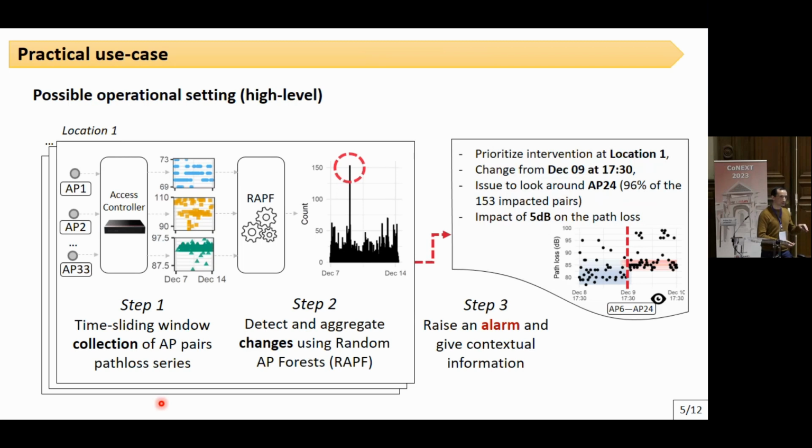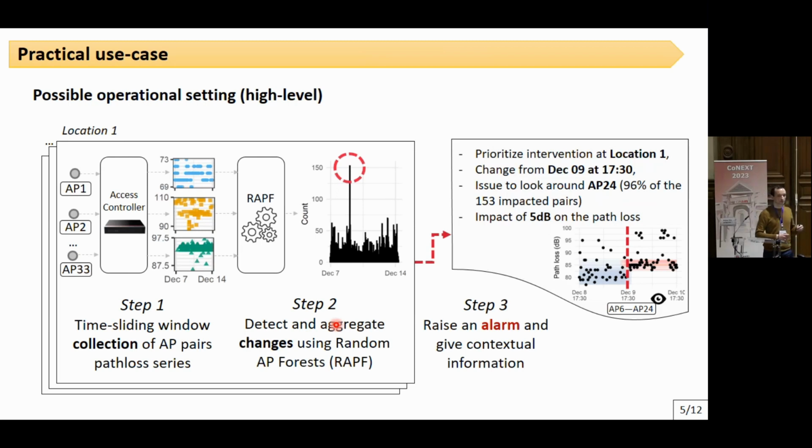Yes, so actually in the ground truth events, there is one which is more difficult to detect, and most of the other algorithms are not able to detect it, but we are able to. It's the one we put here, which we explore in just a one week window. It is difficult to detect because of the large number of access points, possible locations and possible pairs that we may consider. This is what makes the problem difficult.